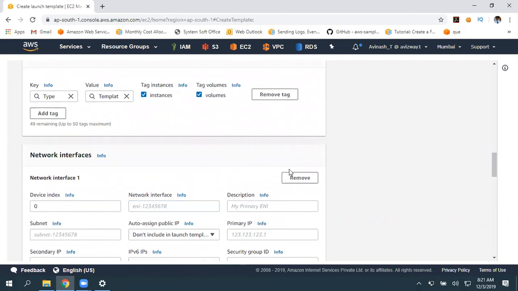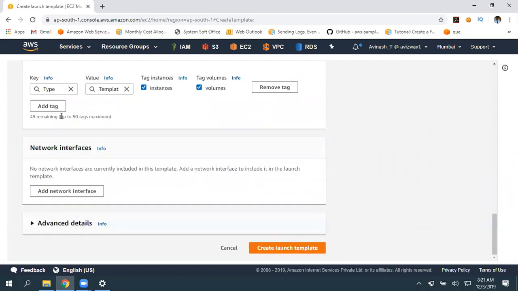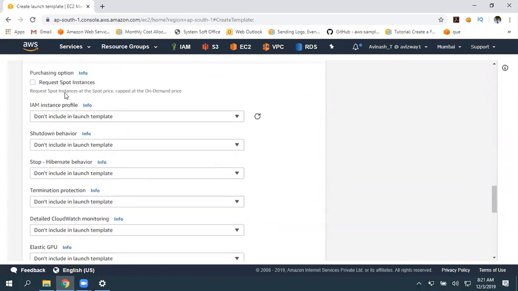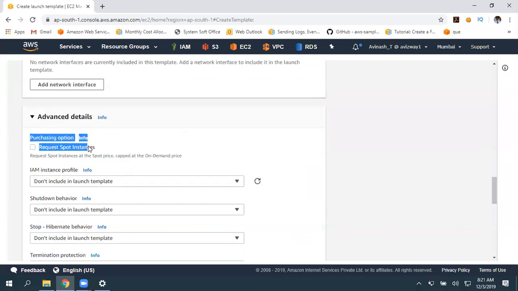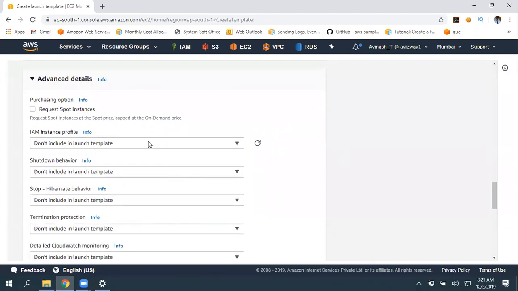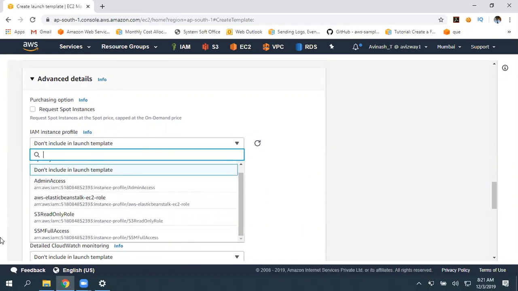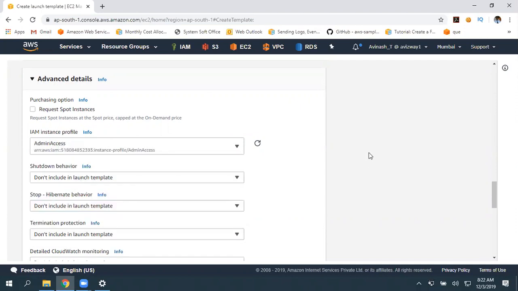Okay, we manually need to create and we can use that. So leave this blank. So again, additional details. So here, if you want to launch this under spot category, just go here, then give your pricing and all. So if you want to give any profiles like roles, for example, whatever the instance is coming automatically, I want to get it with admin access.